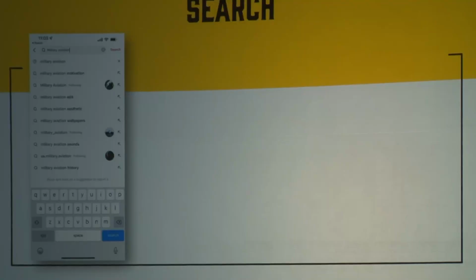So military aviation is what I want my account to be about. So I type in military aviation. The first thing that happens is you get a bit of autofill. You know how autofill works on Google, you type in something and it predicts what you're searching for. Take a note of those. They're good search terms. These are actual search terms that people have put in. That's important data and information for you. So that's the first thing to look at, and make a note of that.